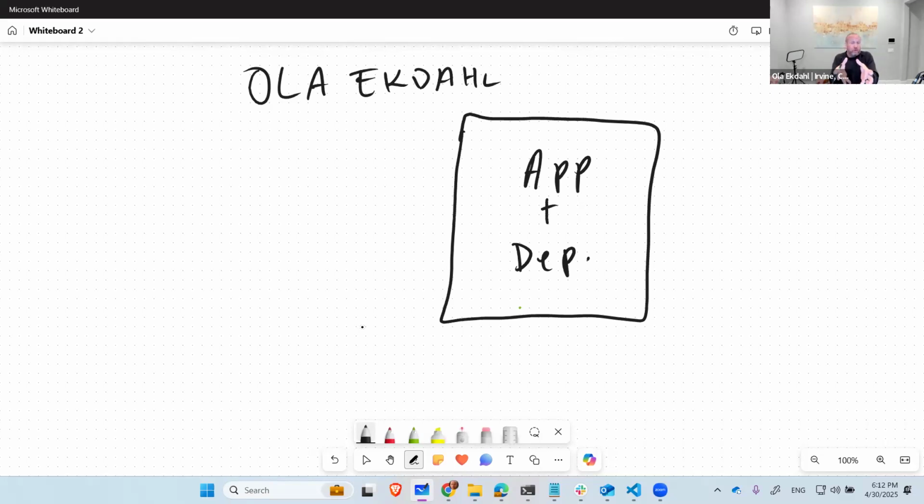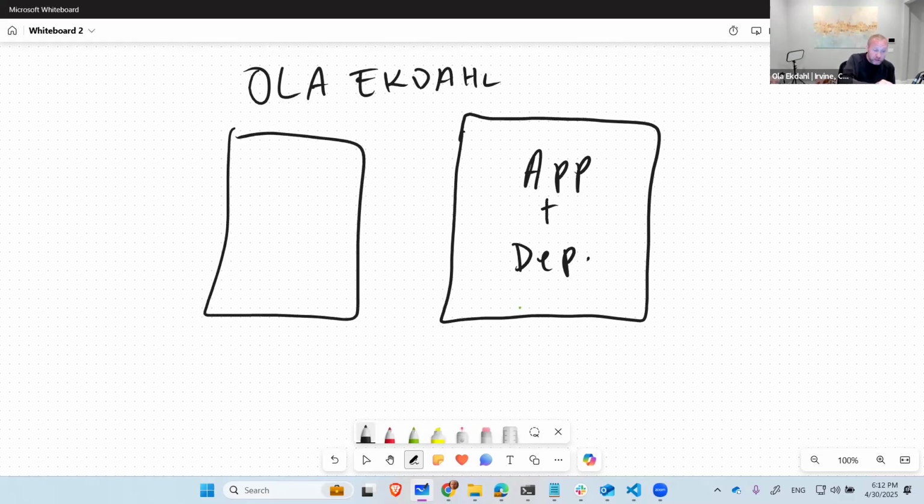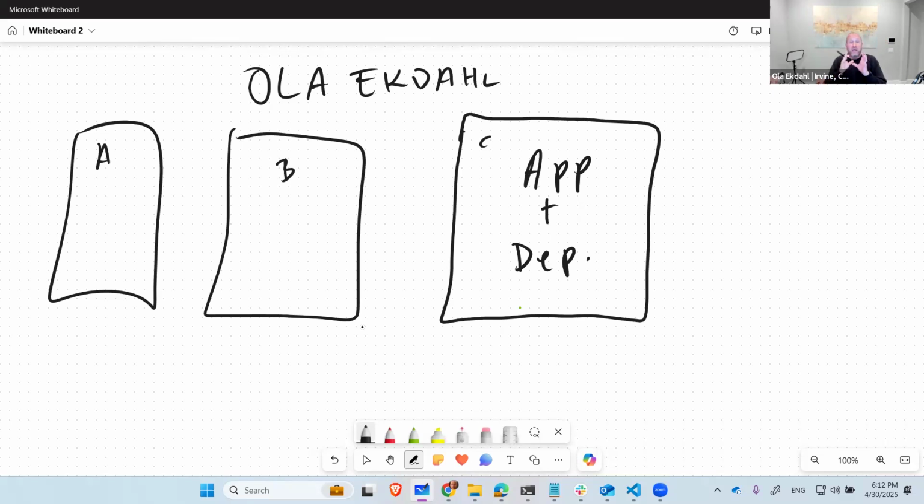And then whoever is responsible for running applications says, awesome, I'm just going to take this package, and each package is independent from other packages. So I could have package A containing an app and some set of dependencies. We have package B, we have package C. And we can take these packages and then we have some sort of runtime that understands how to run these